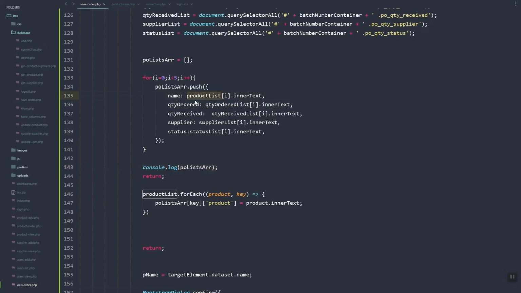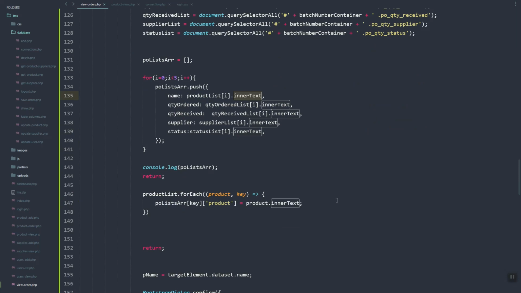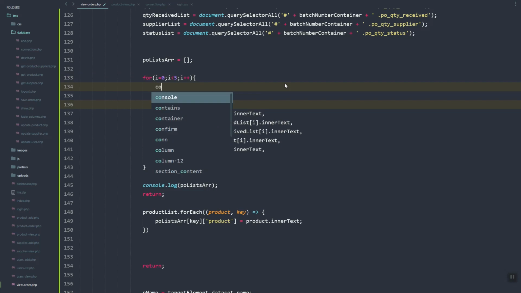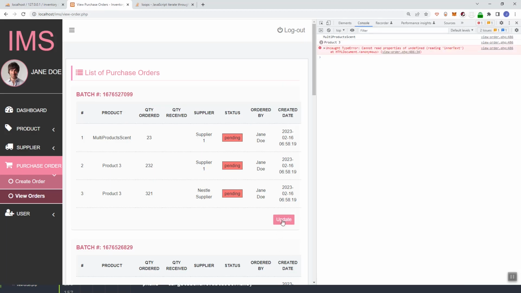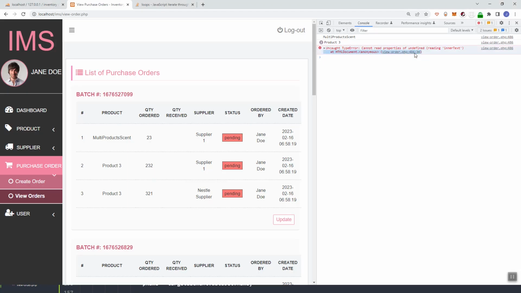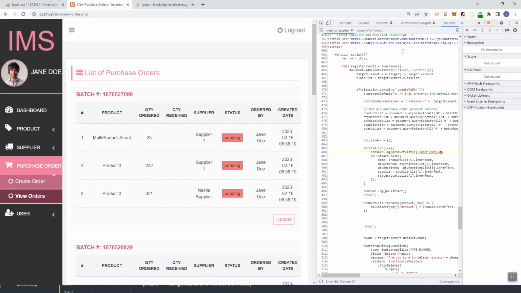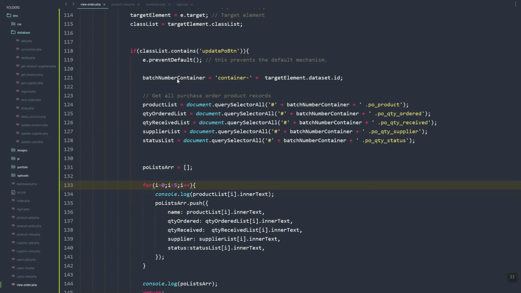So product list, that i will have inner text. Not sure why it's not working. Let's try to console log. So I see here we have this. So the count here 5, the count here